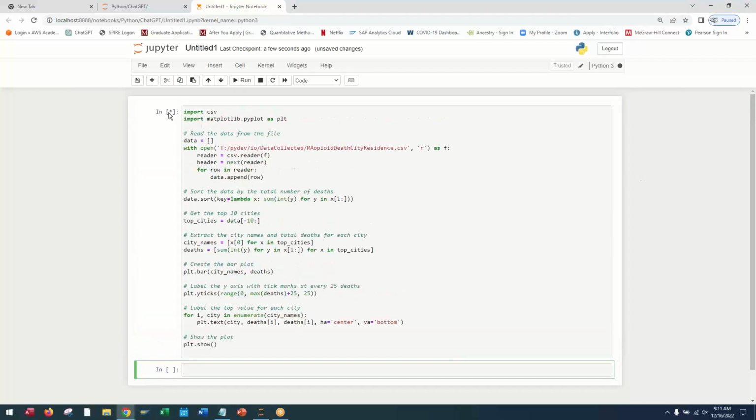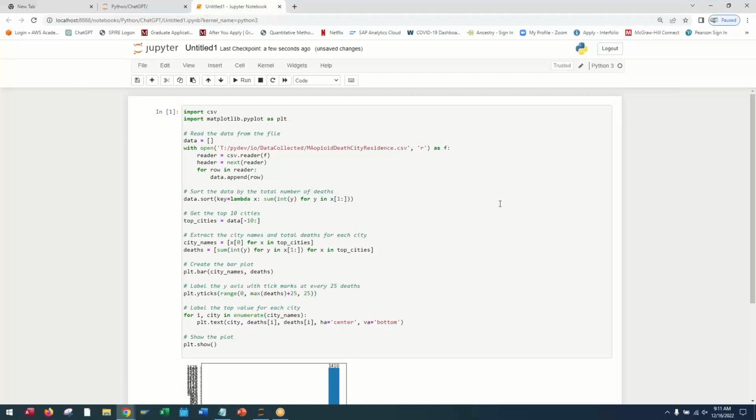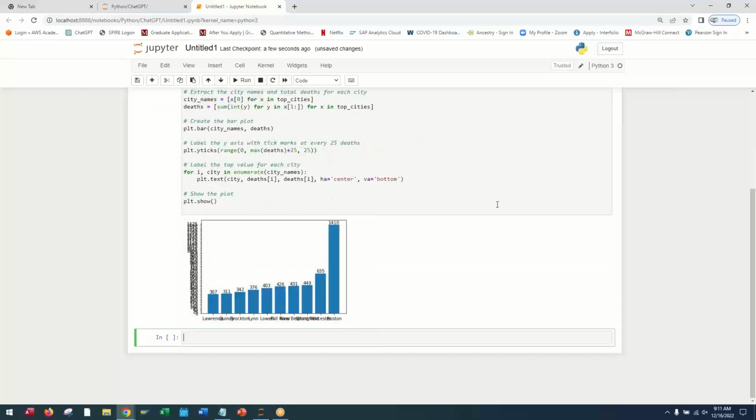So this means that it's running in Python. Notice it's pointing to the local file here on my computer. So ChatGPT has never seen this file before. Okay, so we've got